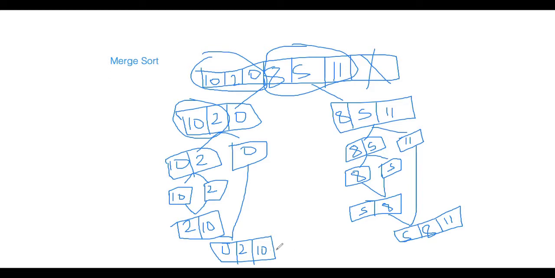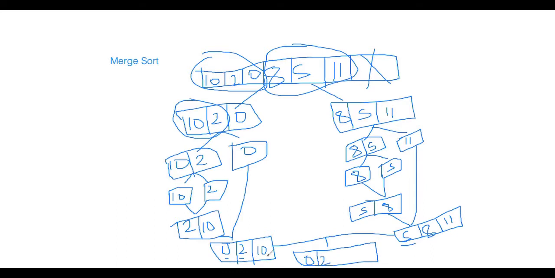So now coming to the last step, we have only two parts. We will merge these two, and as a part of merging, we will make sure that we merge in sorted order. For example, we start with index 0 for this one and index 0 for this one. It will be 0 and 5. We will pick 0 and increase this pointer. We will compare 2 to 5, so 2 will come.